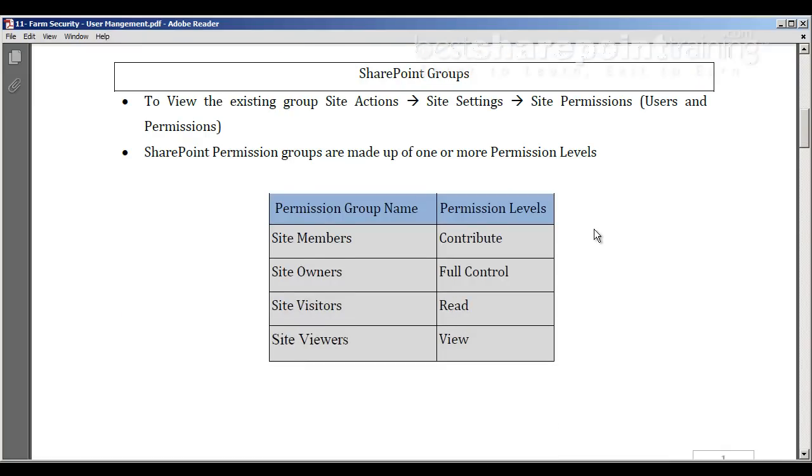By default, SharePoint has 4 different kinds of permission groups, and every group has a corresponding permission level. The 4 different kinds of groups are site members, site owners, site visitors, and site viewers. When I say site, the site indicates the title of that website. Site members have the permission level of contribute. Site owners have full control, site visitors have read, and site viewers have view only